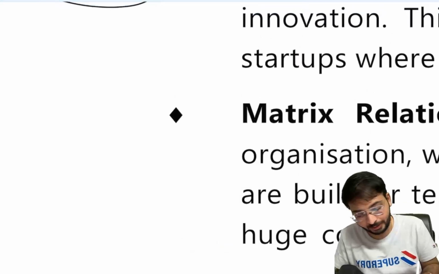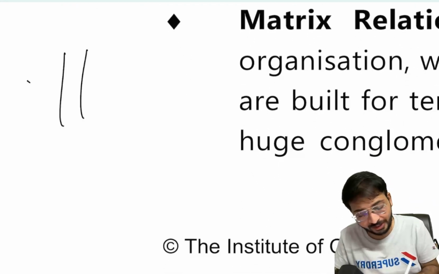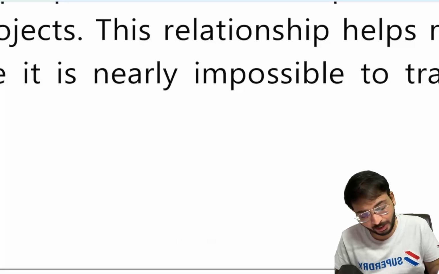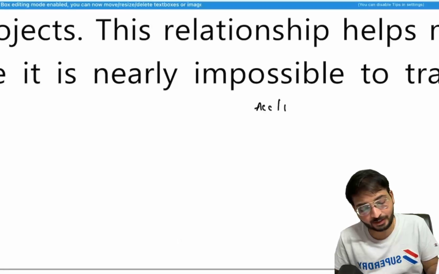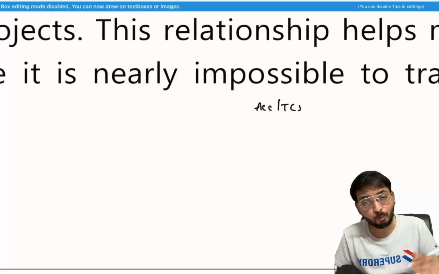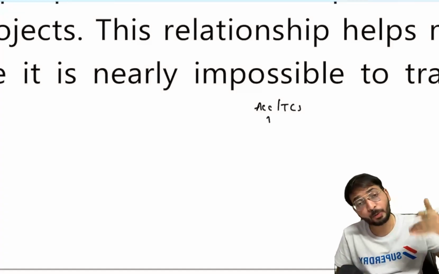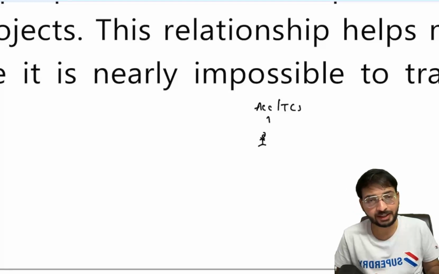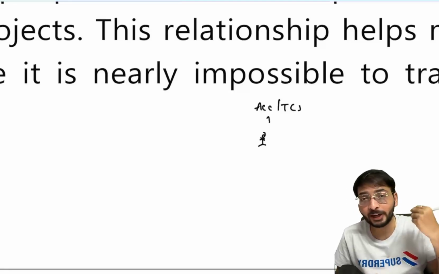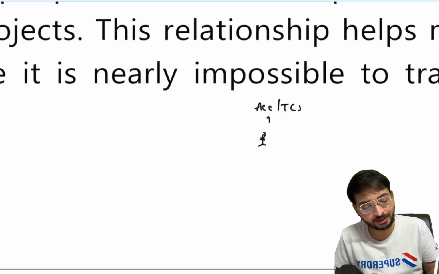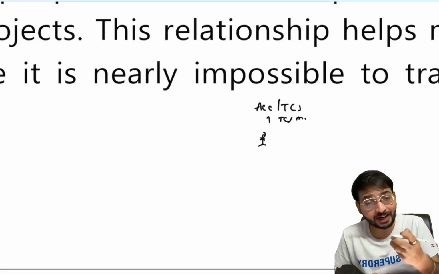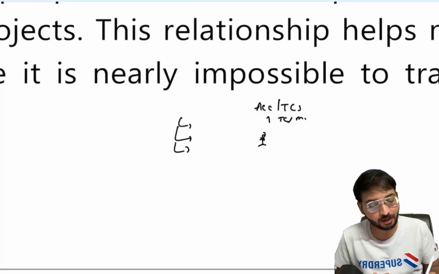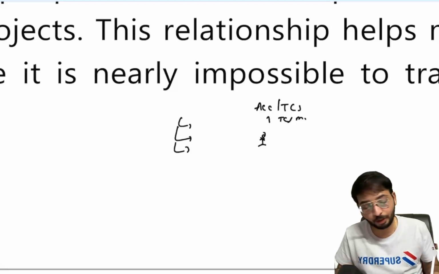Third one is called a matrix relationship. How a matrix will be like this, right? Now say there is a company called Accenture, TCS, you heard all this, right? Tech Mahindra. What they do is approach US companies to get their clients. Now, say this person is working for TCS. He should be reporting to the manager of TCS, right? So he has a TCS manager. He gets a client for TCS, say Google, Microsoft, all these will be clients, right? So Google also has its own manager. He should be reporting to that manager too.